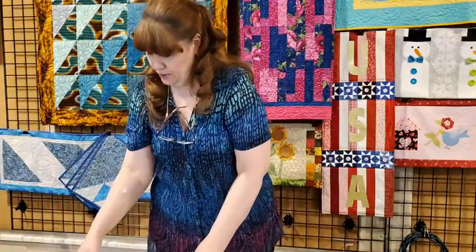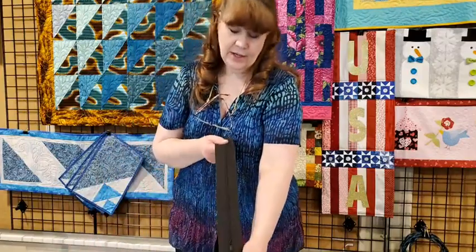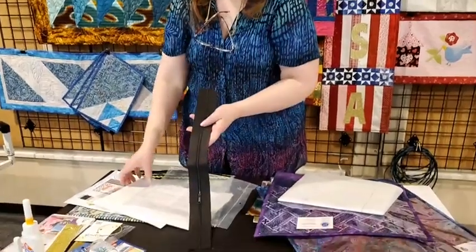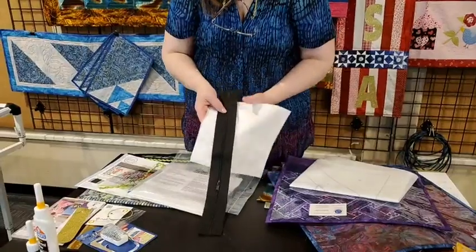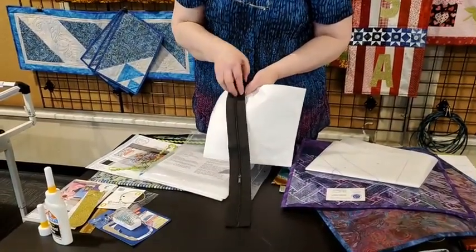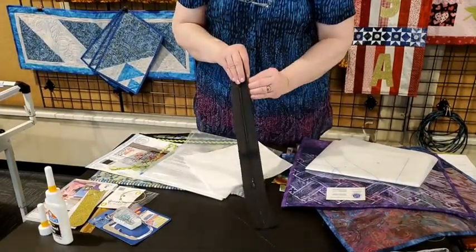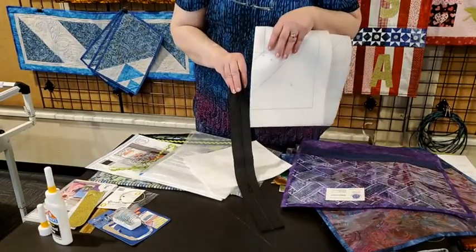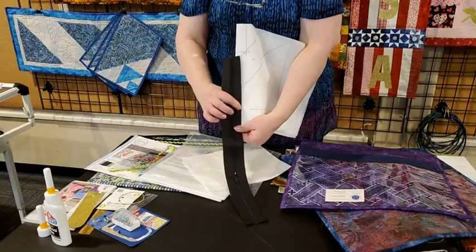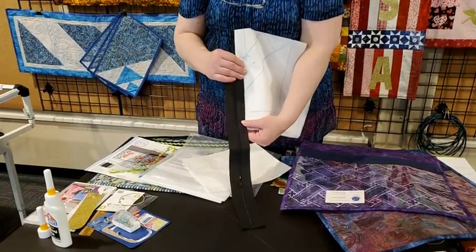So this zipper, here is my zipper. The zipper has already been added to this flange, and this is a bias flange. It's very, very stiff, but I have a place in here that I can insert my quilt sandwich right down the hole like that, and then I can just top stitch or decorative stitch, and